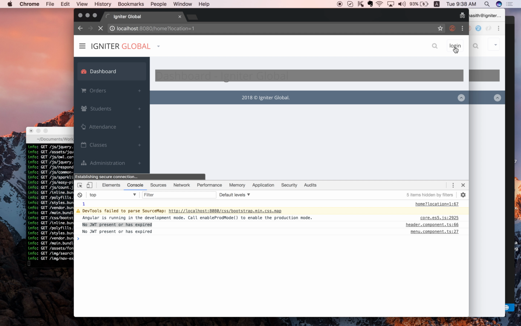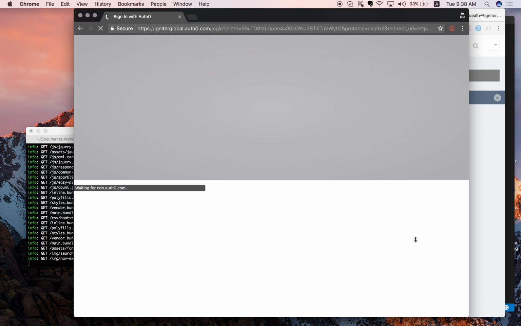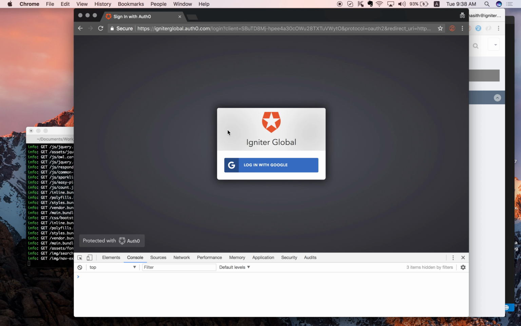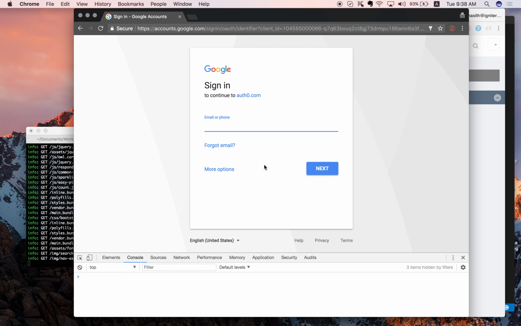So I'm going to click on the login. It will take me to the Auth0 login window. So you can log in with your Google credentials, and Google is asking for the credentials. I'm going to say